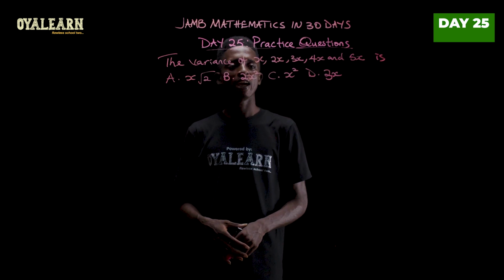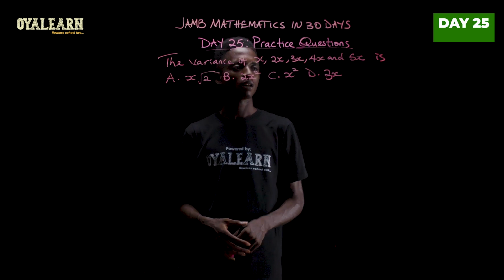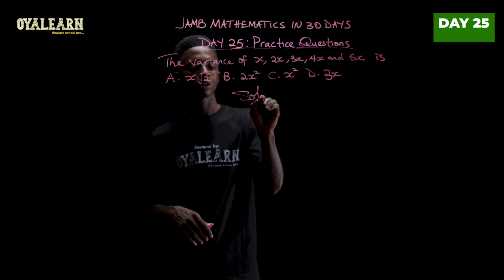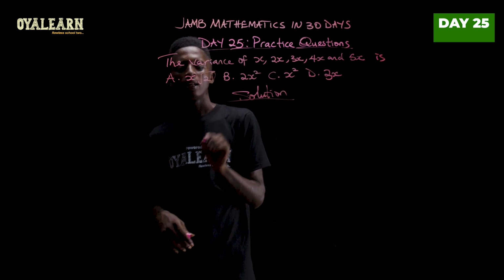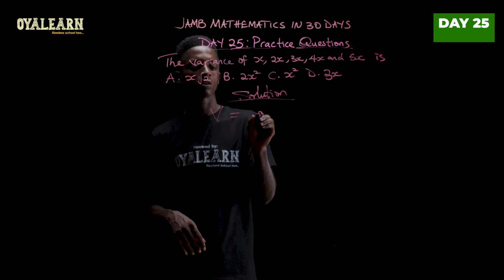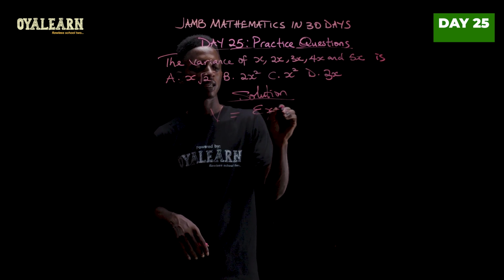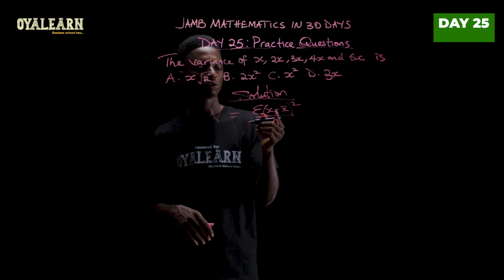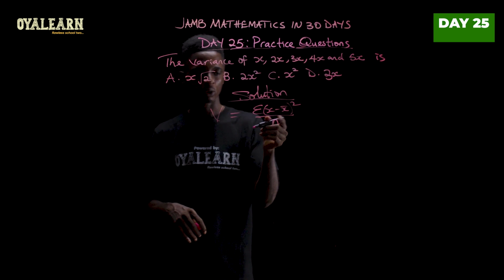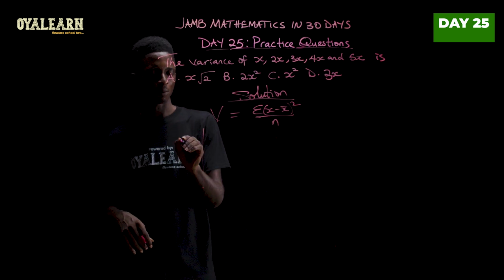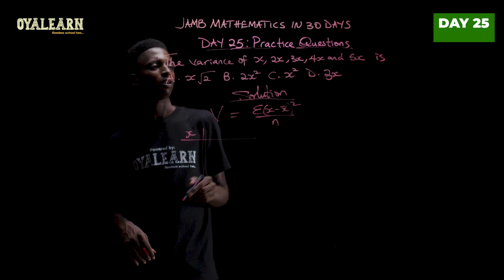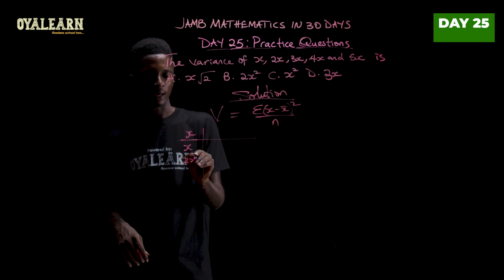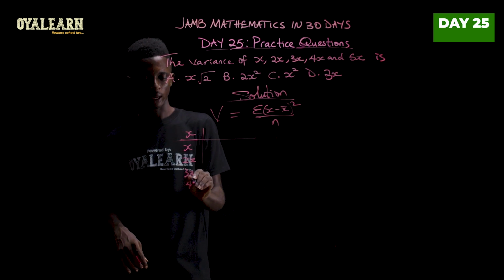The variance of x, 2x, 3x, 4x, and 5x is, so we are looking for variance in this question. That's what we want to solve for. And variance V equals summation x minus x bar in bracket squared all over n. So we need to find x minus x bar. That means we need x bar as well. So let's create a table to make this easier. So our x are all these values that we have here. So we have x, we have 2x, 3x, 4x, and